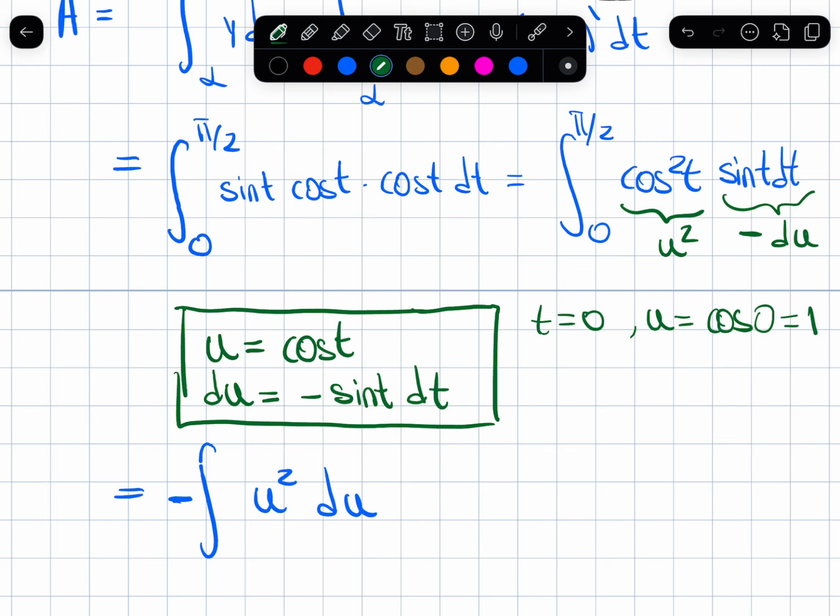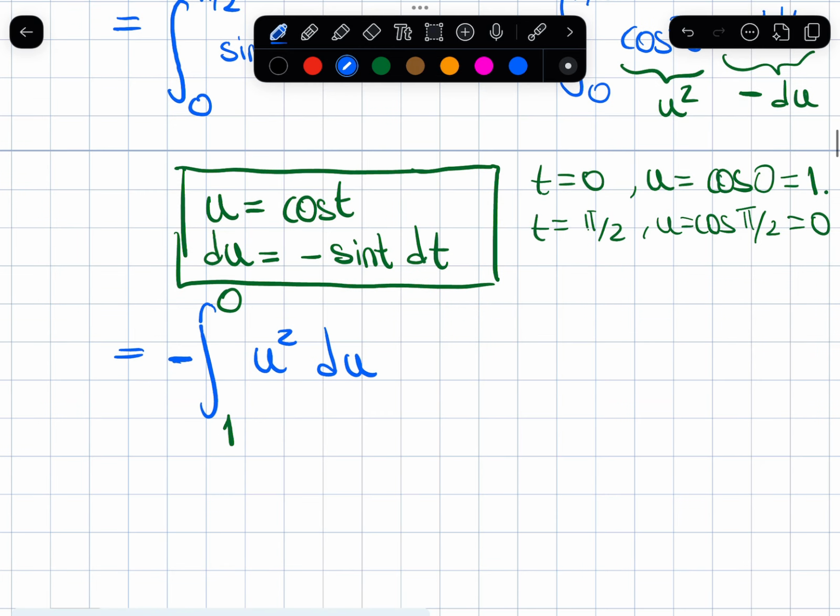of 0, which is 1. So 1 goes in here. And when t equals pi over 2, u is the cosine of pi over 2, which is 0. So 0 goes right there. You see that this is in reverse order. The integral is going from 1 to 0 instead of going from 0 to 1, which is the most